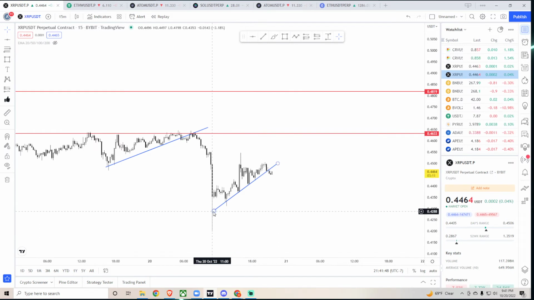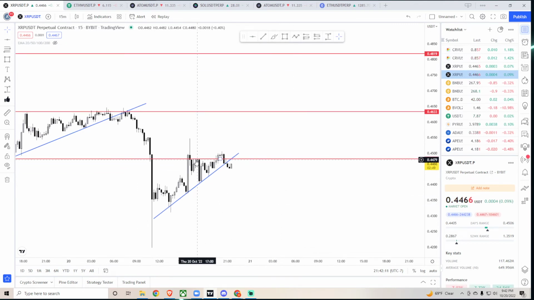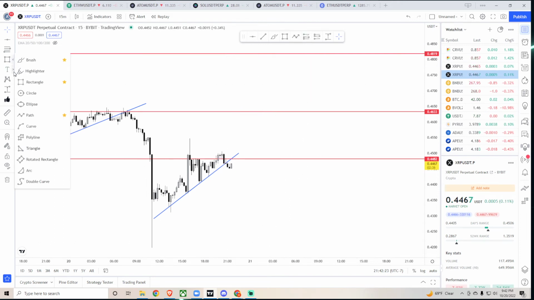Here's another one, right? Bounce, bounce, bounce, bounce, bounce, breakdown. You could have shorted the breakdown there for a quick, what is that? Like 0.5%, right? Now we're waiting for a retest here. Let's see if we get it. You have resistance, right? We went above, failed to hold, rejected, went above, flipped it to support for a quick second, then failed, dropped down, turned it to resistance again. So now we are looking to see if